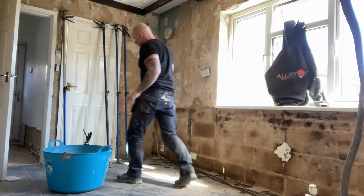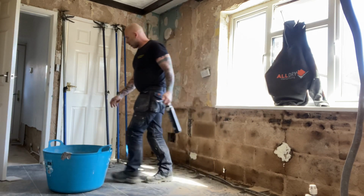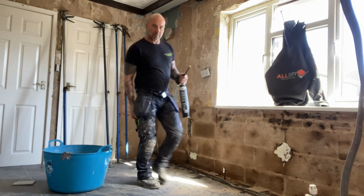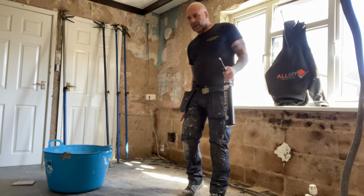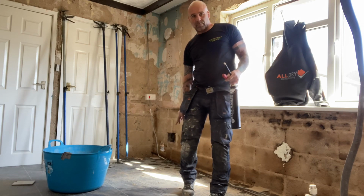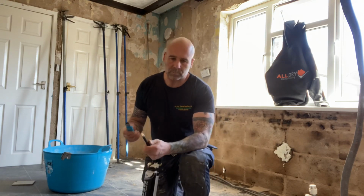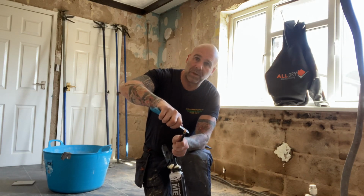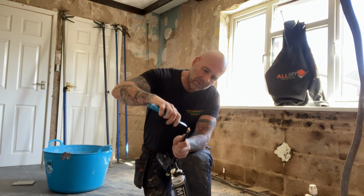The reason why, well, I'll just talk you through what's been happening. So I've got, let me just shut this door. Not on the video one if I've got music on. So when I came to do the damp survey on this property, I flagged up that it had got low level dampness due to bridging. It's got a physical damp course like I've showed you before, and